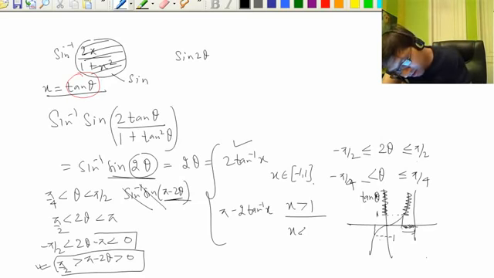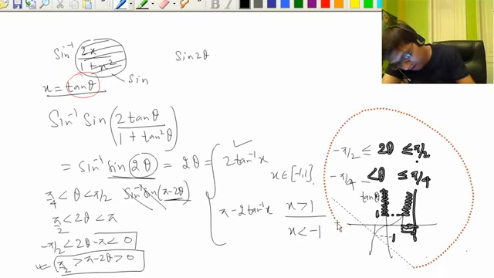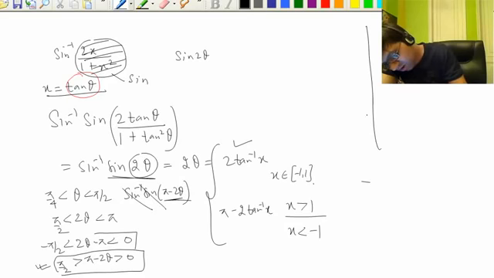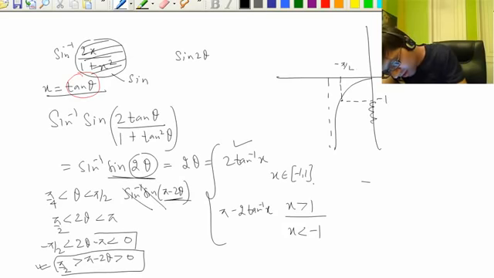And same is for x less than minus 1. When x is less than minus 1, quickly see, I'll repeat this so that if you could not understand last time, this time you'll be able to understand. X less than minus 1, this is minus 1 value, this is minus pi by 4. If you say x less than minus 1, it means x is tan theta less than minus 1.